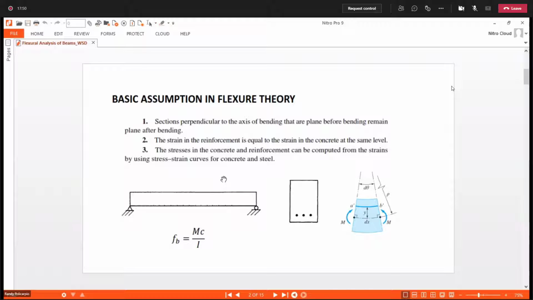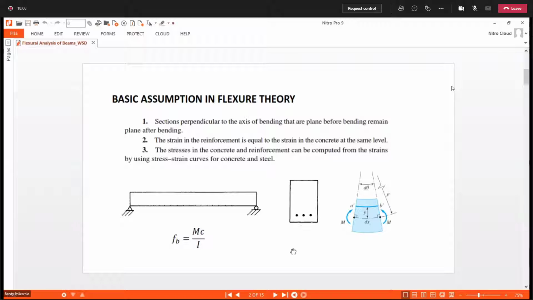That is about the third assumption. We have here a figure showing a beam having a cross section